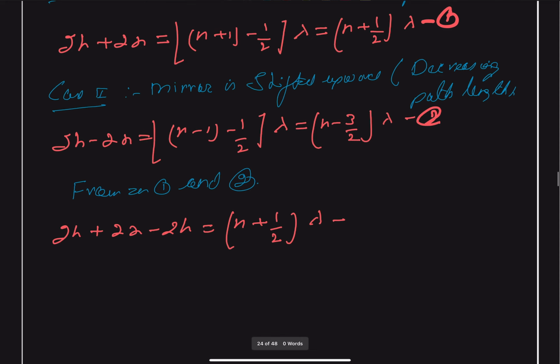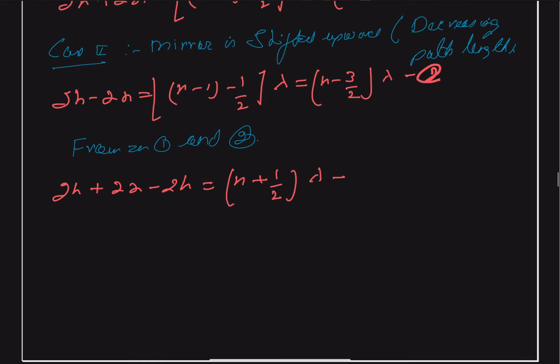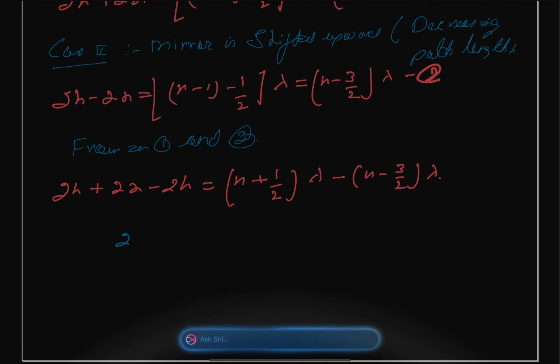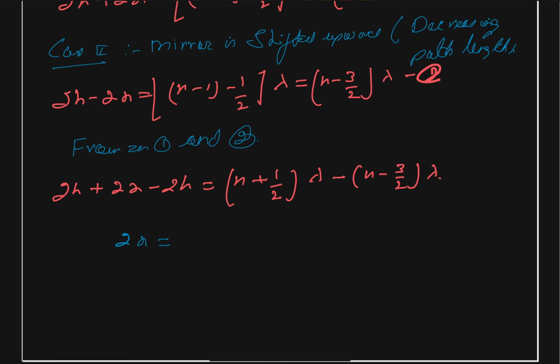Okay, this is 1 by 2 minus 3 by 2, and this comes as n minus 3 by 2, and this is also multiplied by lambda. So this gives us that 2 of x is equal to, n goes with n with lambda, this comes as 4 by 2. And 1 second, there is some